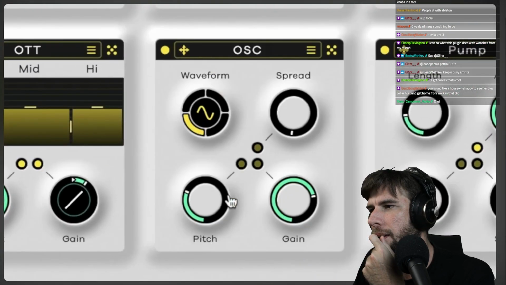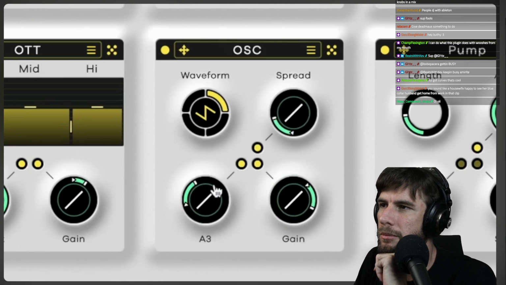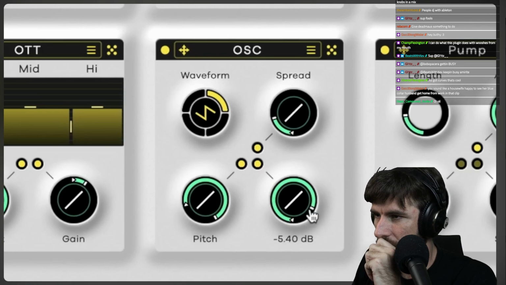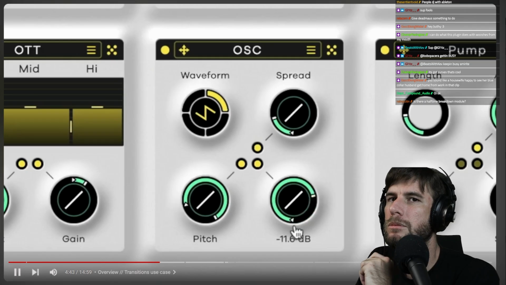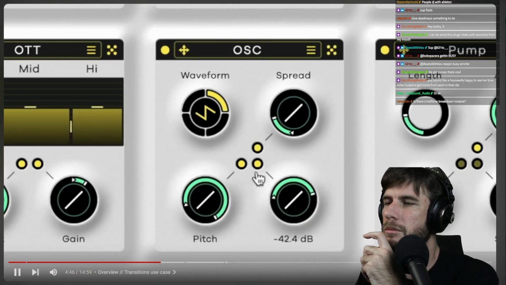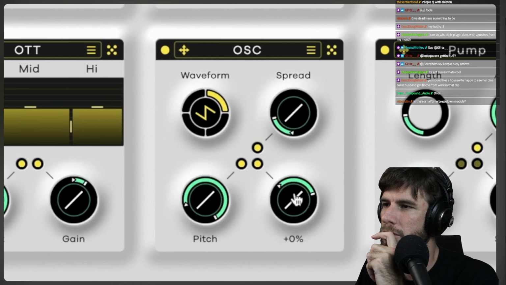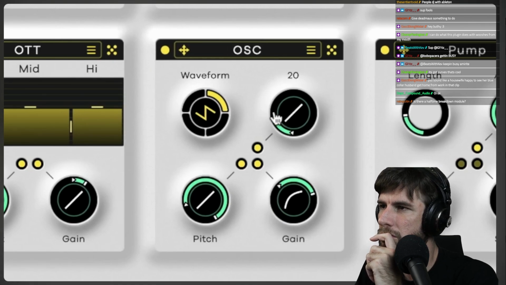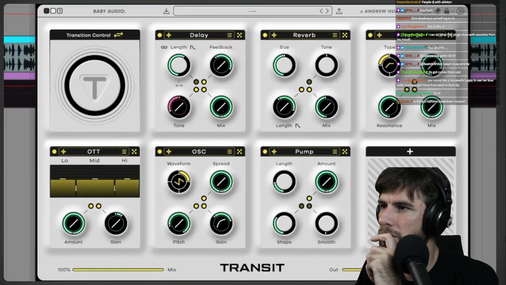But if instead of a noise, maybe I wanted a riser, we could do that. We've got an oscillator module. Pitch is going to go from something low to something really high. Gain is going to go from nothing, or I guess not nothing, to somewhere around there. Turn the curve up again, and spread can go from, let's say, 0 to 100. I think having all this together could be nice, especially having the oscillator with it and control of the pitch like that.